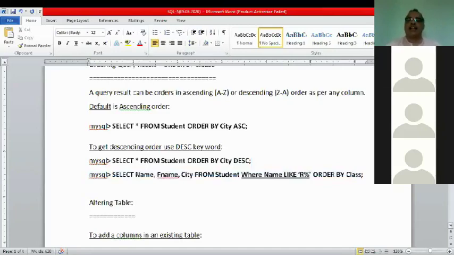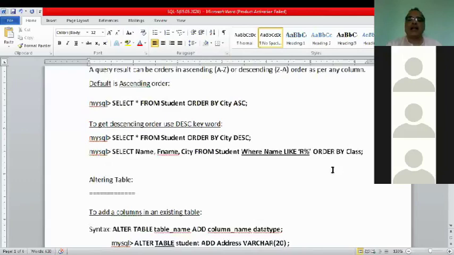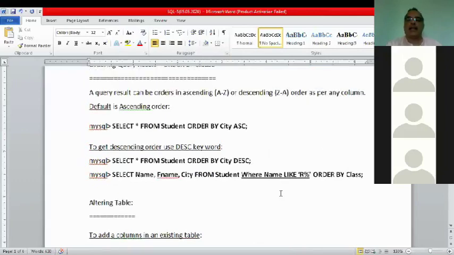It is exactly like that. But what about the whole command? Sir, it will display the name, F name, and city from the table student, where name starts with the letter R and will order it in ascending order by class. Exactly that.